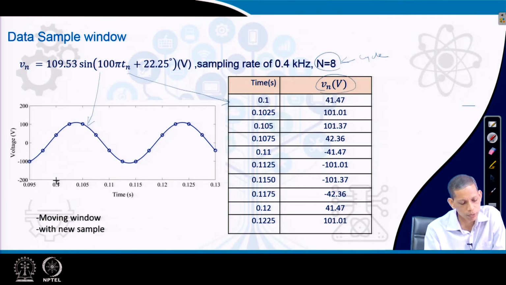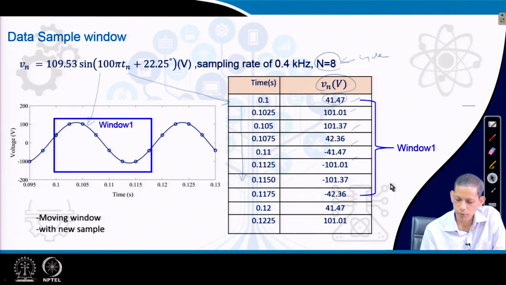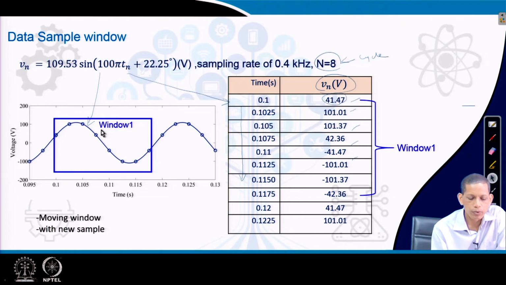So, we have a record from 0.1 here, and this is the corresponding 41.47 value, and like that we progress. The relay acquires the data for the different time indexes and stores the corresponding voltage information one by one. Now, what we will learn from this example is that we require one cycle of data for the one cycle DFT. So, this window provides us data of one cycle, from 0.1 to the one cycle data.